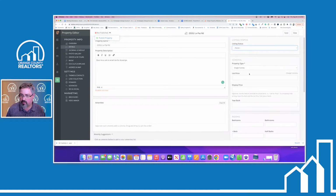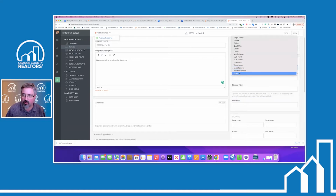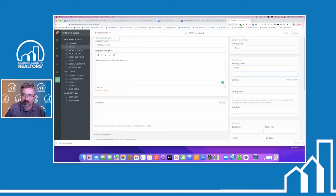Down below, some information about the property: single family, condo, triplex, duplex, co-op, mobile home, multifamily, timeshare, townhome, miscellaneous, residential land, or other. Now, real quickly, some of you are probably thinking, well, geez, Tony, this is only good for my for sale listings, correct? Not necessarily anymore. We see here that we could mark miscellaneous or mark other, and now indicate